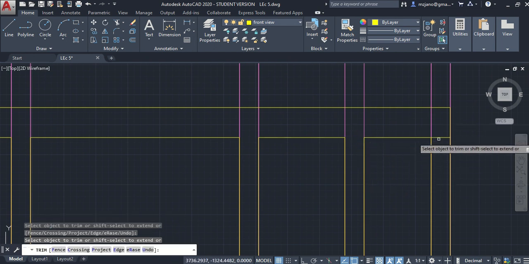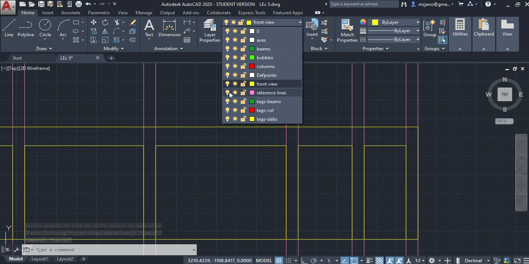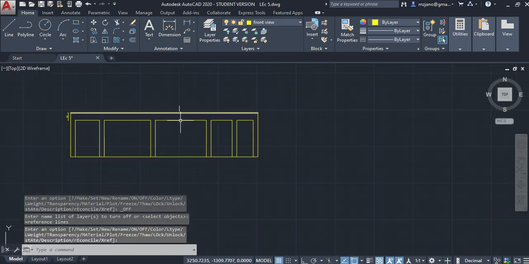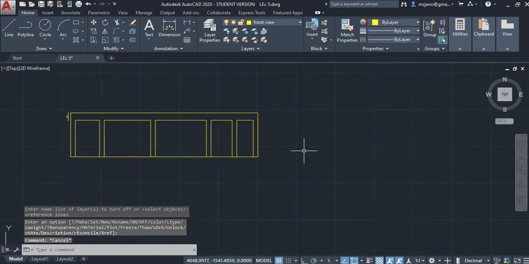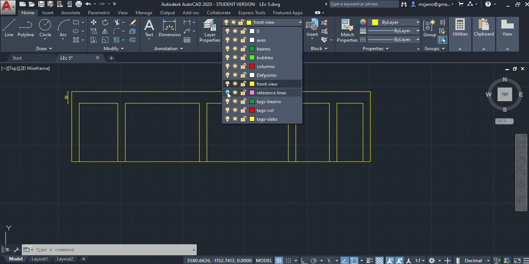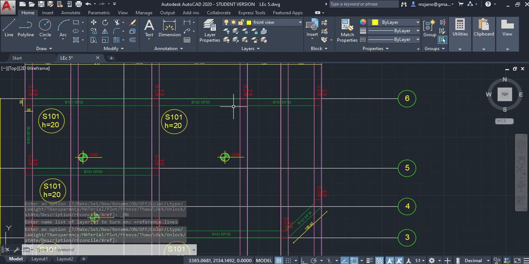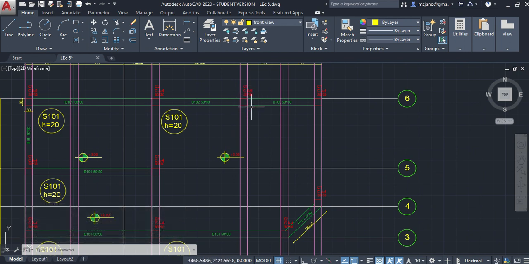I'm just trimming. Now if you want to see, you can make it this height. So this is your front view of your first floor. This column with these beams, column beams. Now you have to be aware of this point. Now remember this column, right? This column